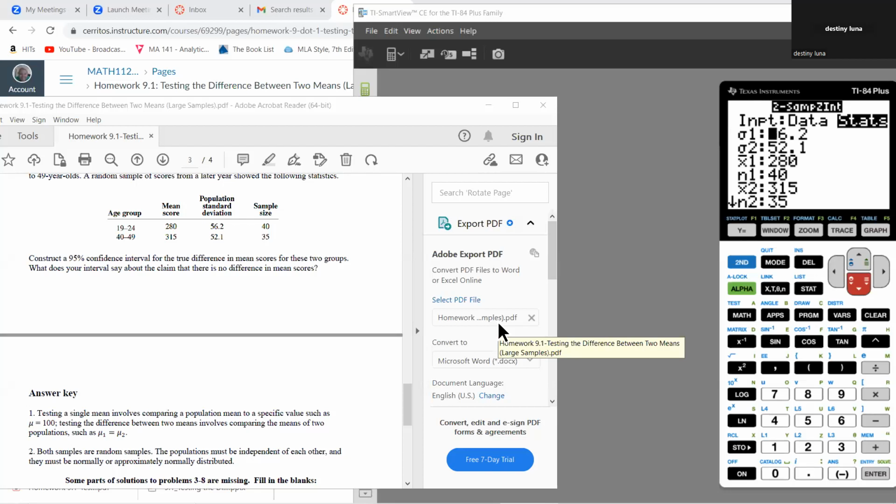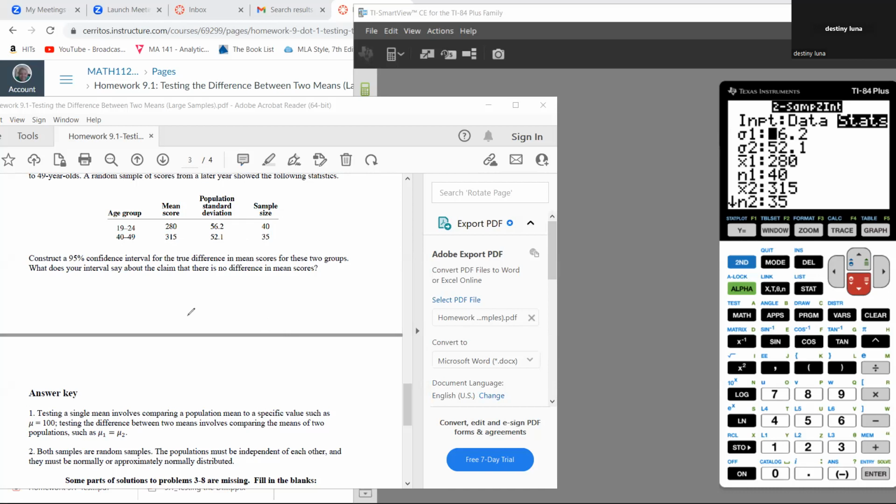Okay. And so all I'm going to do essentially is, instead of calling the top group group 1, I'm going to call the bottom group group 1, and the top group group 2. And something interesting is going to happen. So group 1, your sigma 1 is going to become